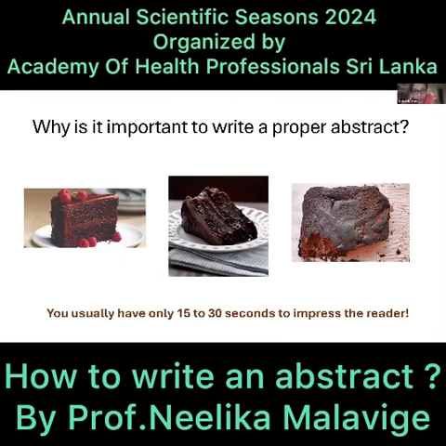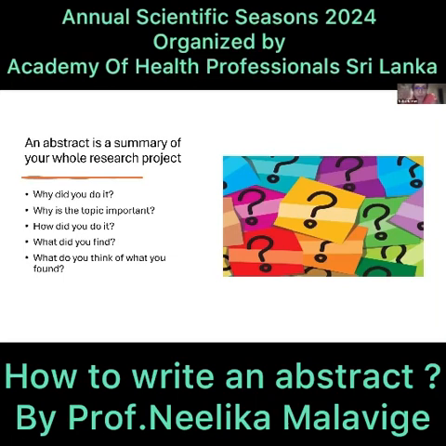Although what I'm going to talk about is common to a conference abstract or manuscript abstract, initially I will be talking about conferences also. Now, the abstract is a summary of your whole research project. It's usually about 250 words. Sometimes it can be 300 words, but the usual word count is around 250. And in those 250 words,